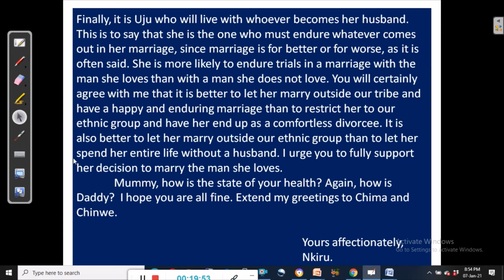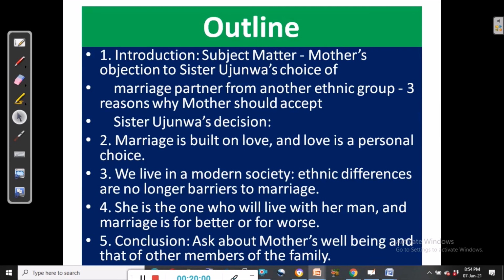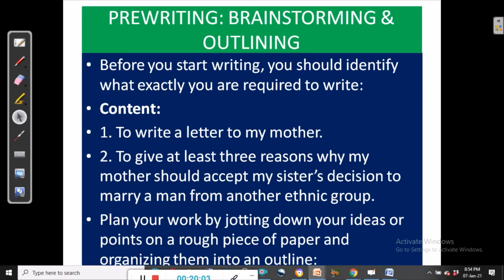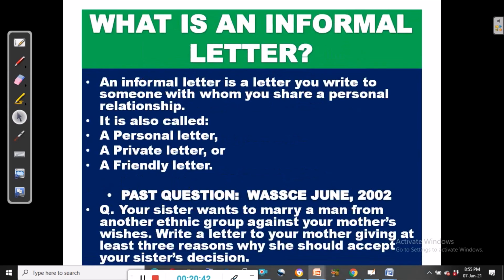We have illustrated with a sample, and we have actually shown how to prepare the letter from the pre-writing stage, which consists of brainstorming and outlining, and once we have done that, we go to our writing, and once we have written, then we proofread what we have written, and if we are sure that everything is all right, for instance, if we discover a particular word that is not correctly spelled, then we correct it, and once we are through with all the corrections, then we submit our letter. So this is how to write an informal letter